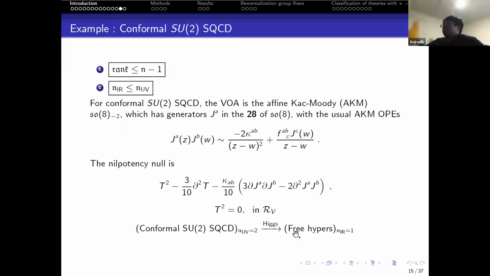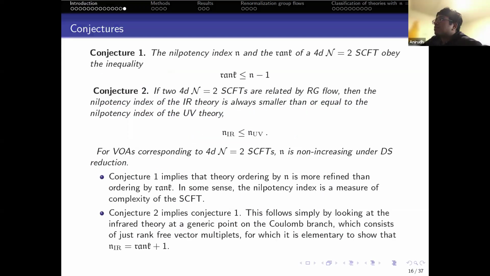Then you can also try to do the following. You can Higgs the theory. So if you Higgs the theory, you are left with just free hypermultiplets. And in the infrared, this is 1, as I showed in the last slide. So again, this also is consistent with this inequality of UV and IR. So just to recap, these are the main conjectures of this paper,